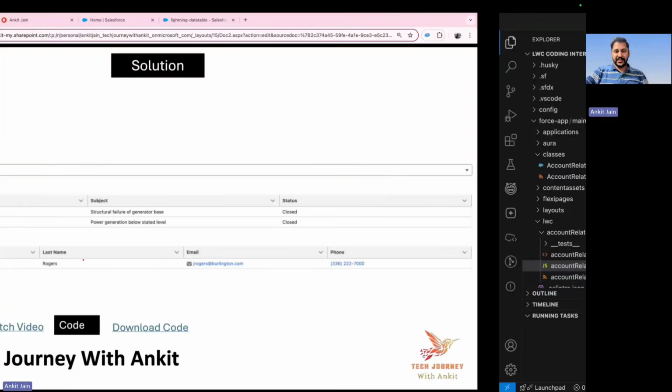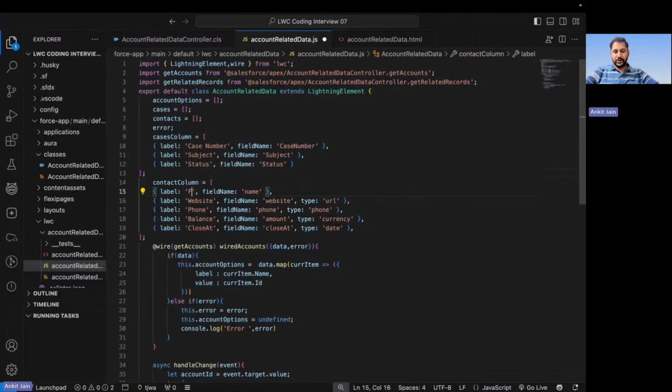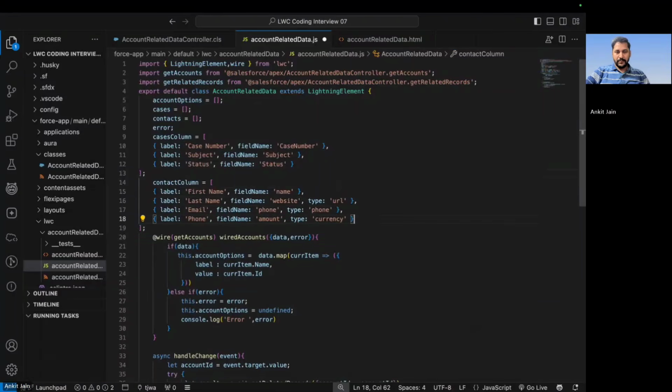That is the first name, last name, email, and phone. So let's first put the first name. Here I am putting the last name. After that, here I am putting the email. And after that, here I am putting the phone. Okay, and here I have to give the exact same names. So here I am putting the first name. After that, here I am giving the last name,